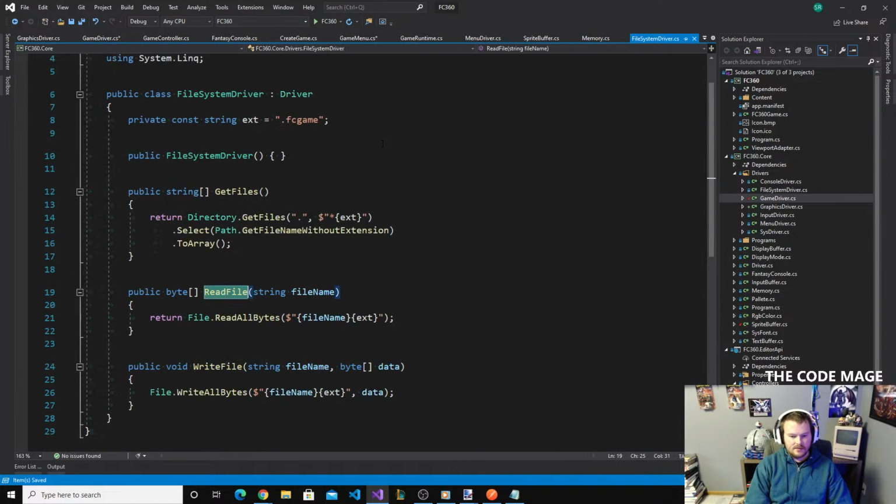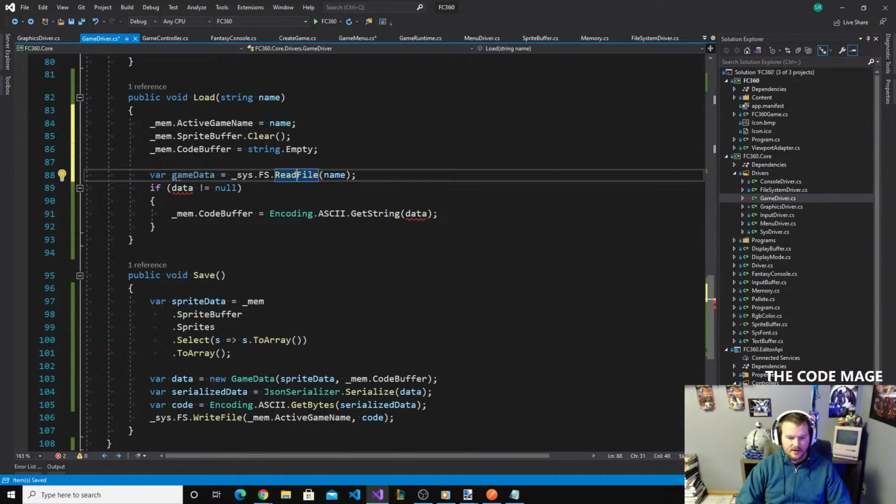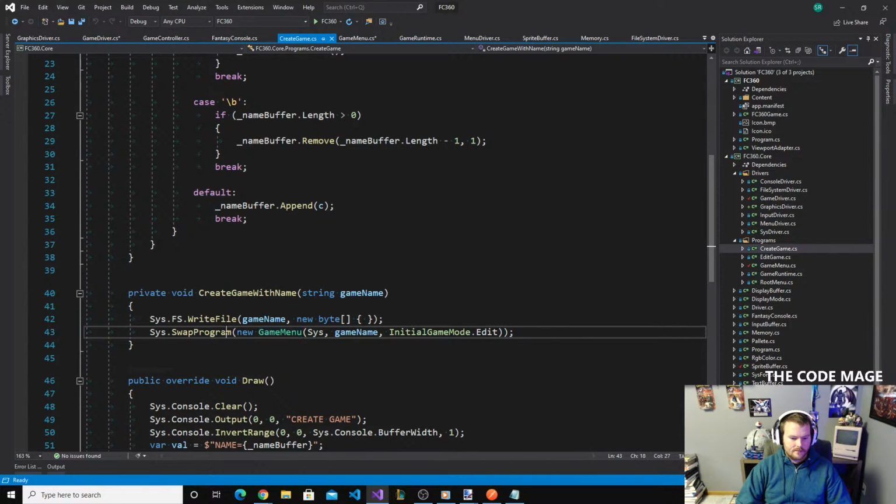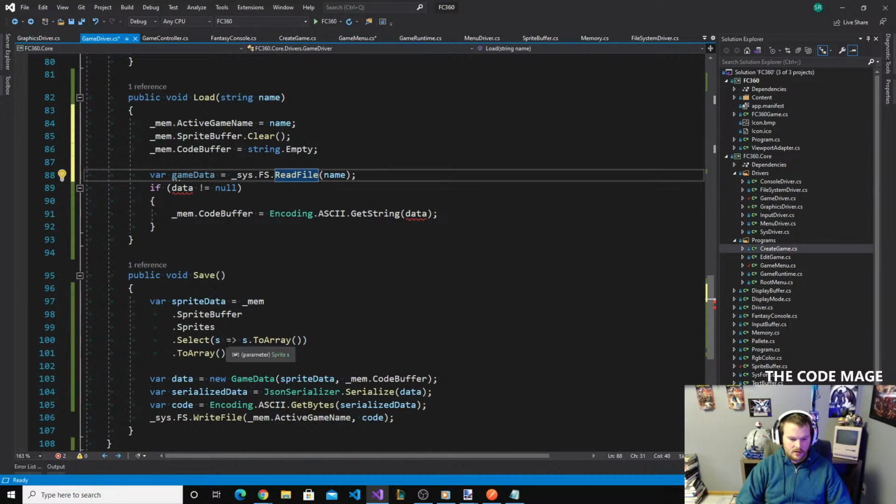So in this case, the file might not actually exist. The reason why I was having that do it is when you create a game, it writes an empty file with no data. That's right. So then this is going to read it. There's not actually going to be any data there to deserialize. It's just going to be empty,